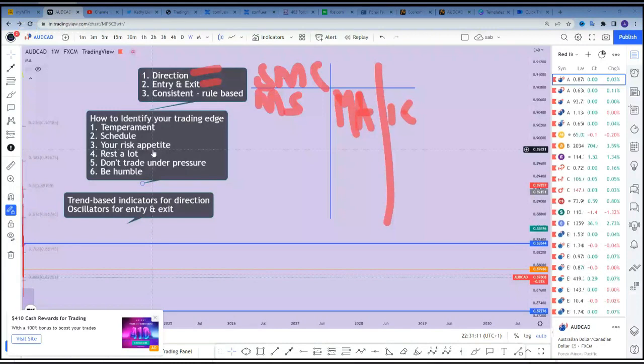If you know that you don't have the patience to endure certain losses, all you have to do is sit back, let the market come to your own convenient criteria. Let it fulfill your own criteria. And what have I said about the criteria? It must show you the direction. It must show you the entry and exit. And it must be consistent and based on rules that are easy to follow.